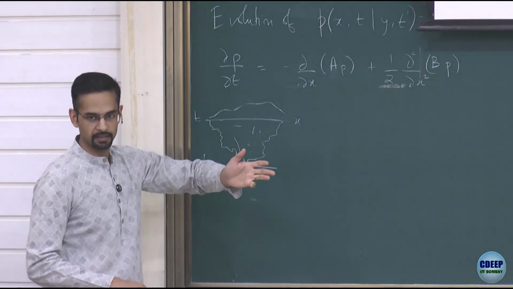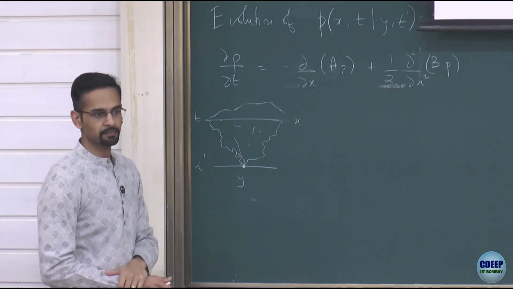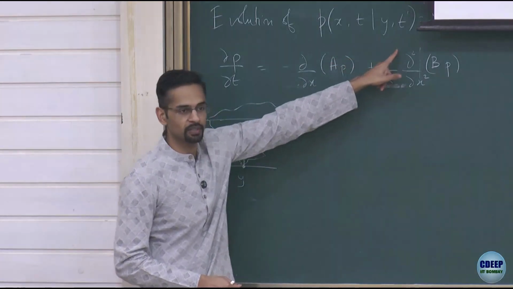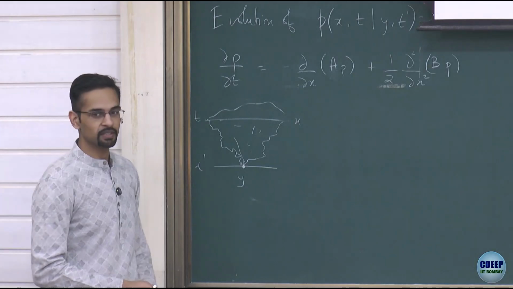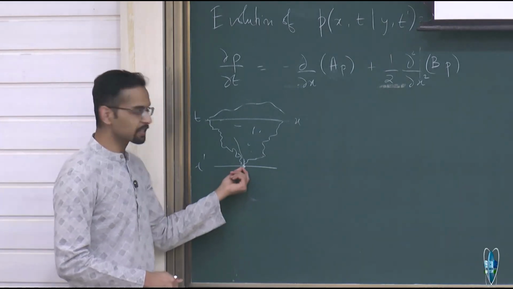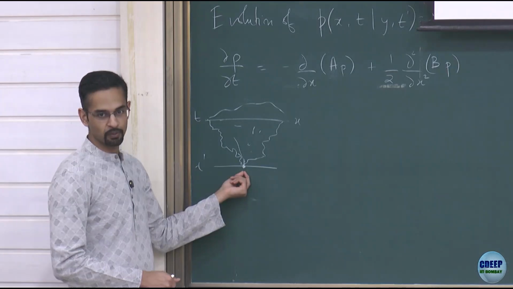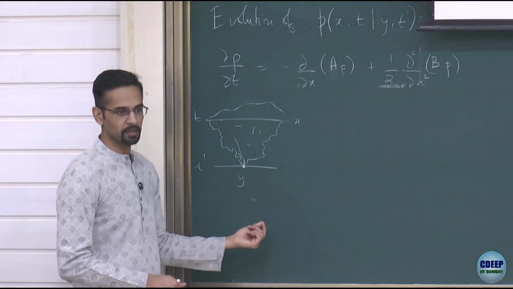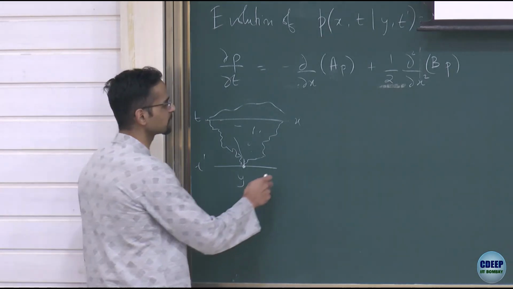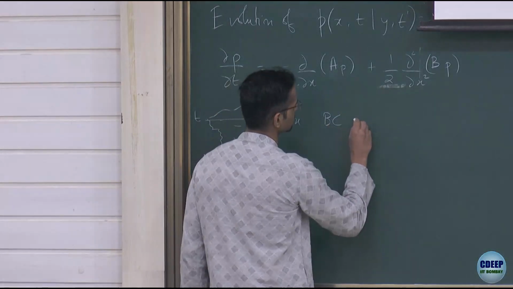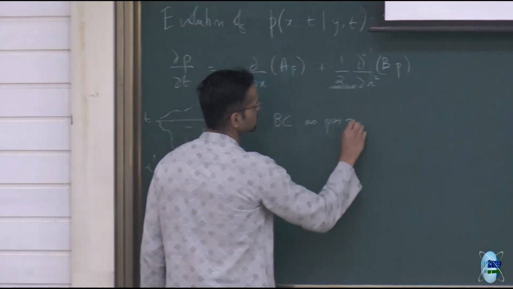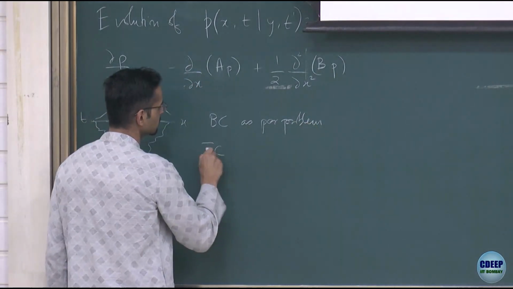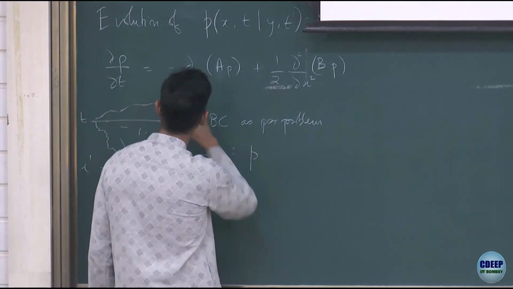I need an initial condition, right? So what should be the initial condition? That is inherent in the definition of this quantity. There is no choice. I know that the initial condition should be such that the probability exists only at y. Everywhere else it's 0. At the same time, I know the integral of that probability should always be 1. So obviously the boundary conditions are basically as per the problem of interest. That can vary from problem to problem. But the initial condition is simply that this quantity